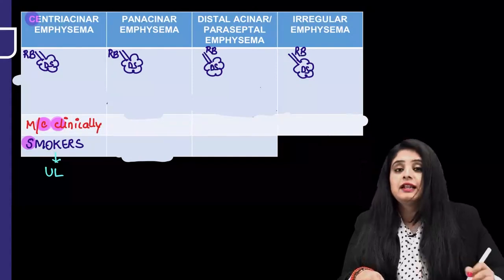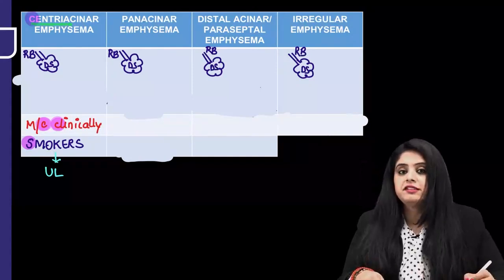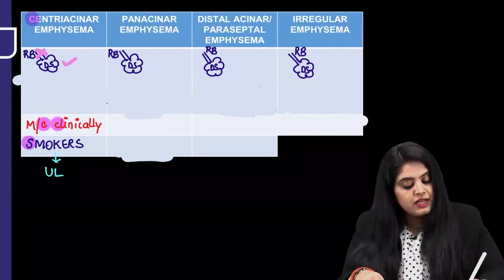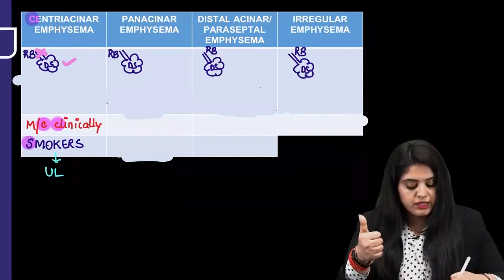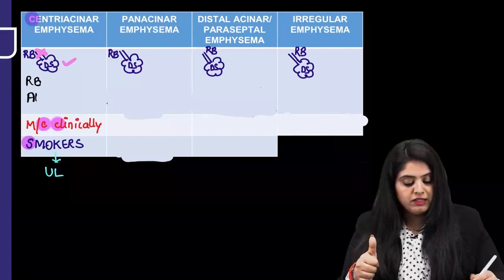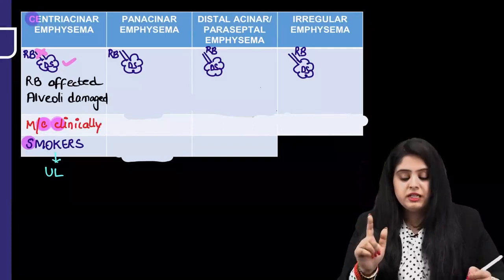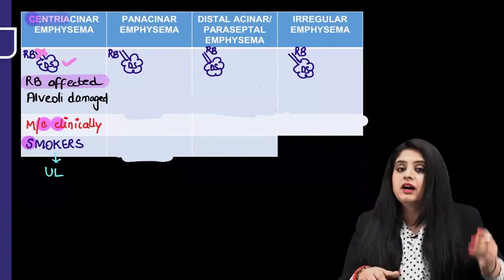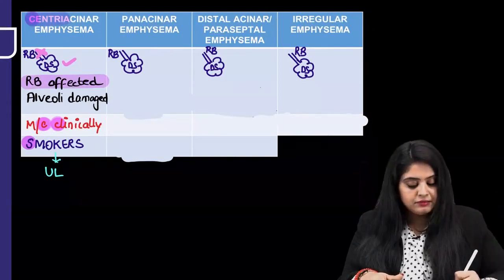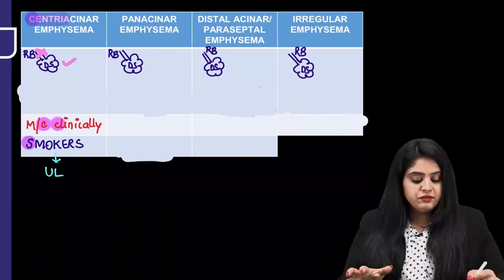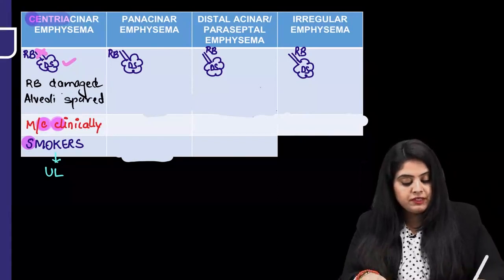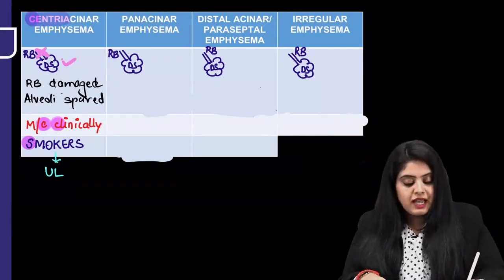When I'm saying that I'm dealing with centriacinar emphysema, only the central part is gone. Central part basically means that the respiratory bronchiole is gone. The alveolar duct and sac are okay. What did I say? The respiratory bronchiole, repeating once again, is going to get affected. That is the one that is damaged. Central mein wahan central part is affected. And so now when we go into the details of this, we realize that the respiratory bronchiole is damaged, which you can very well see over here that there is a damage that has occurred, whereas the alveolar duct and